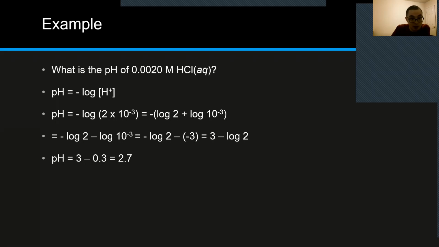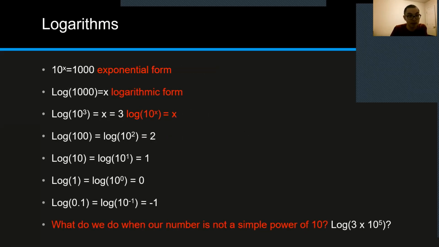If we evaluate this, I'm going to explain how we evaluate this without a calculator in a future slide. But the second term here ends up being 3. And then log 2 is 0.3. So we know that 3 minus 0.3 is 2.7, which would be the answer to this question. This is just to show you why logarithms are important when we're dealing with acids and bases. Right? So with logarithms,